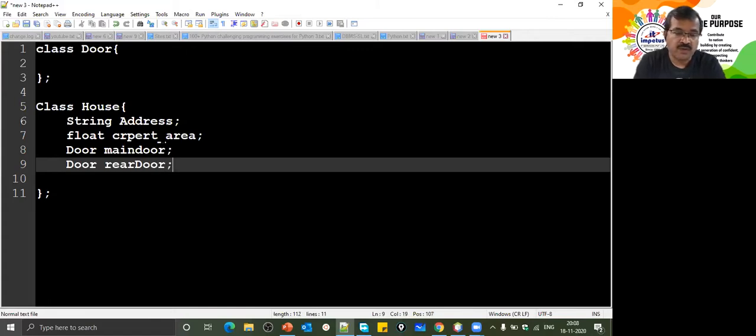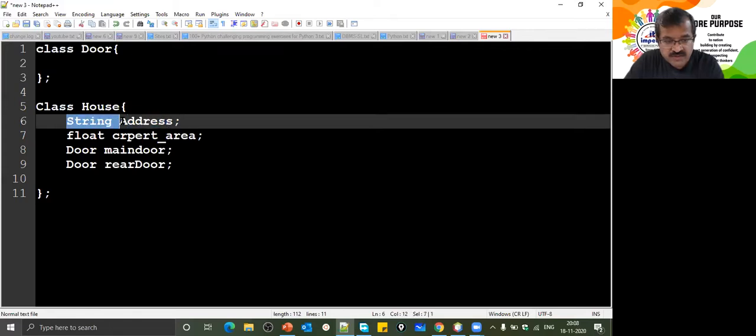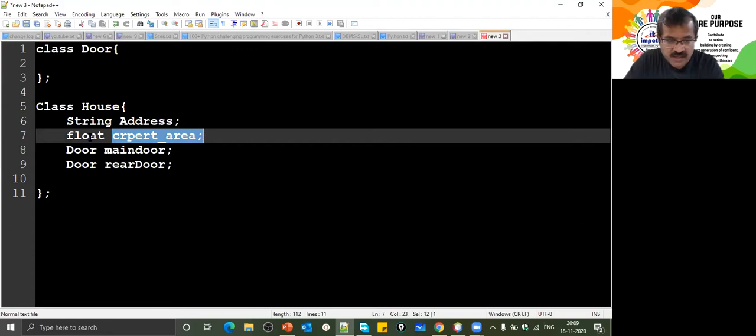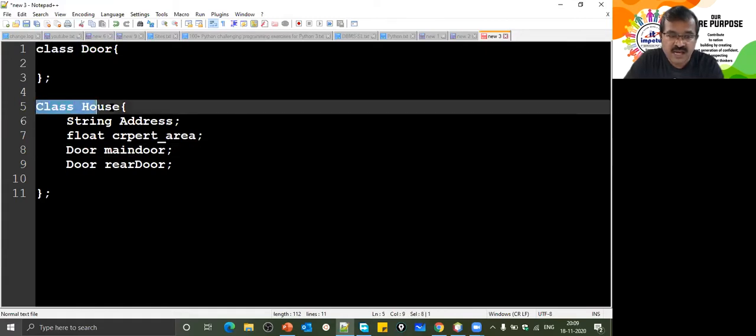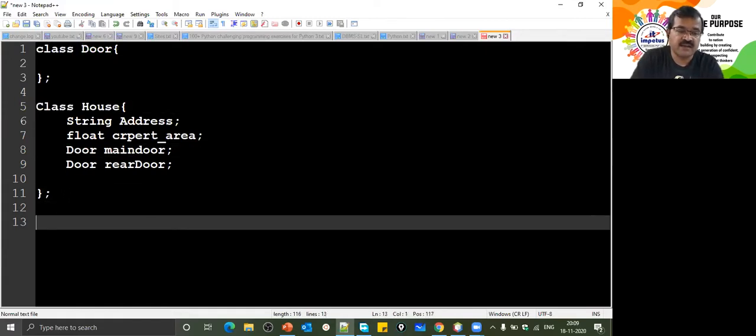So what am I doing now? I have an attribute called address, which is of type string. That's also composition actually. We have an attribute called carpet area. That's of type float. I have an attribute called main door. That's of type door. So if I create an object of class house, my house, and if I have to